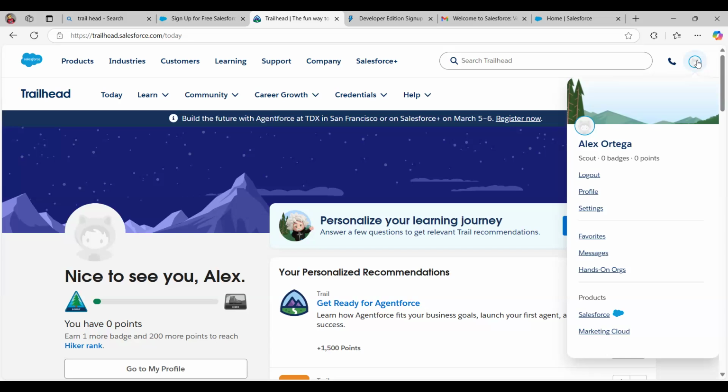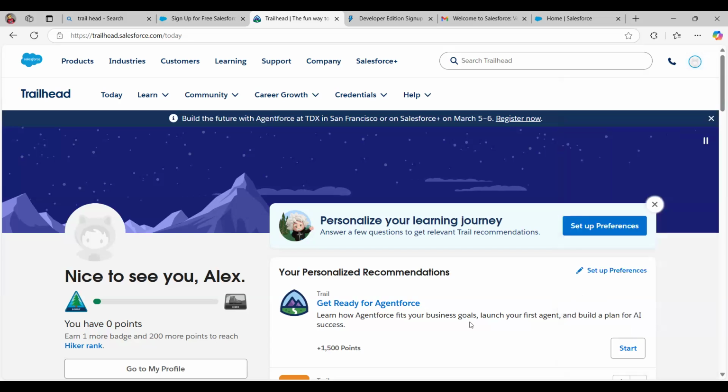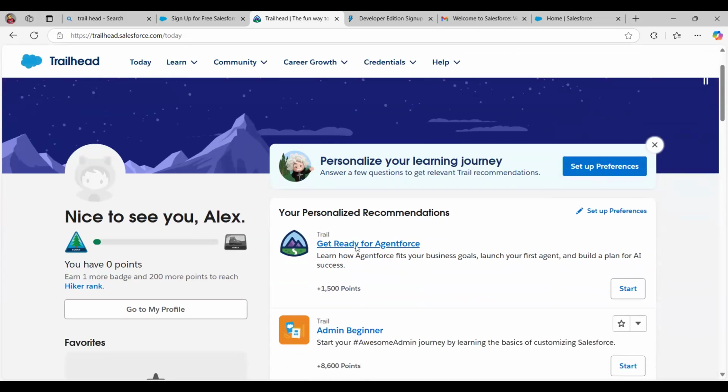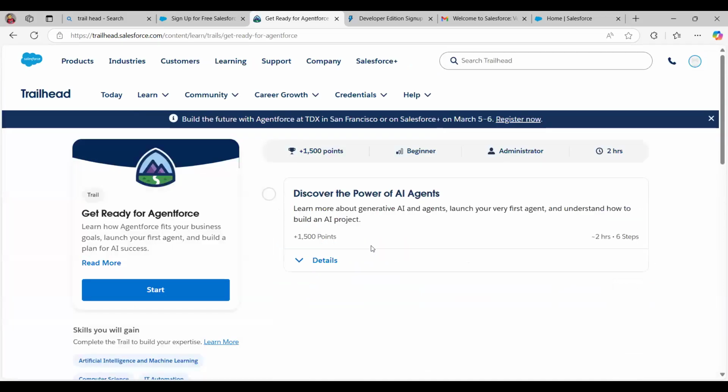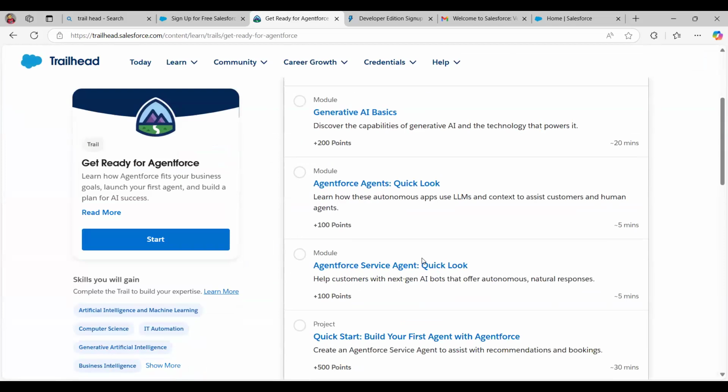Can you select any one of the links below, like get ready for agent, for example? Right here. Yeah, select that hyperlink. Not short, select that hyperlink. Yeah, details. And then, okay. Here you can see that